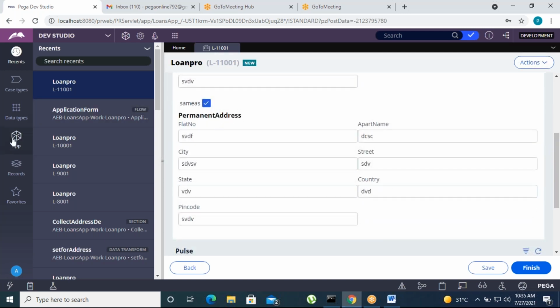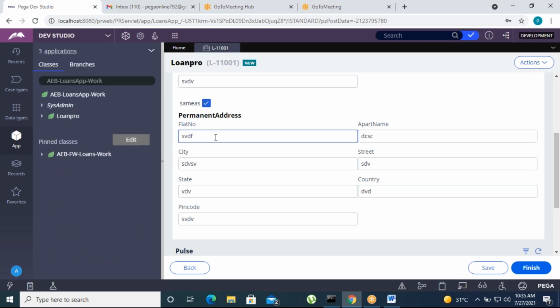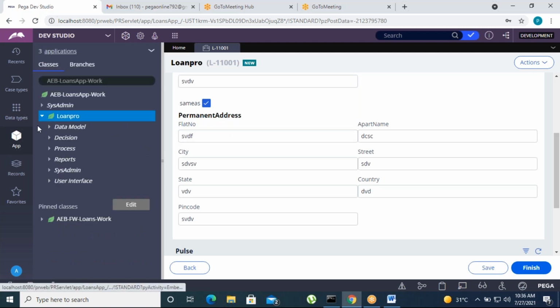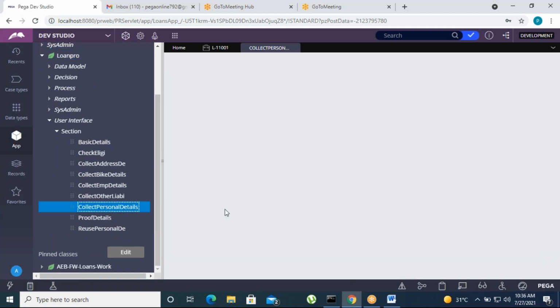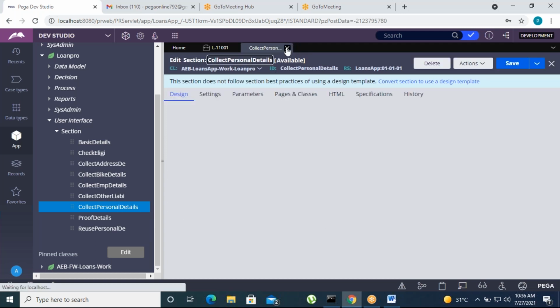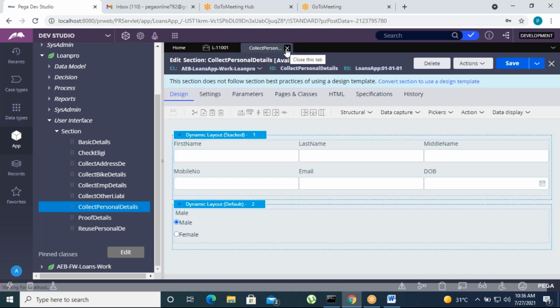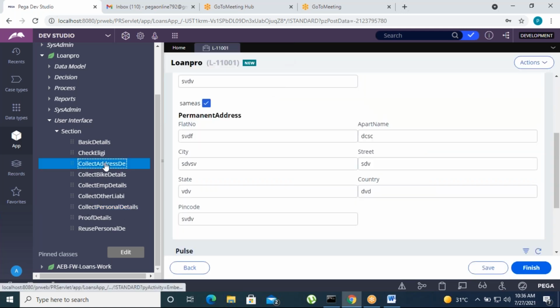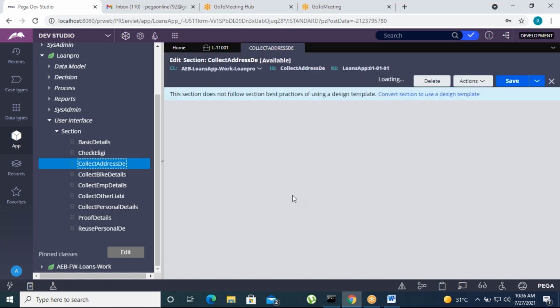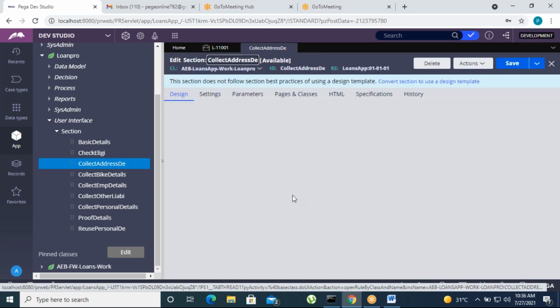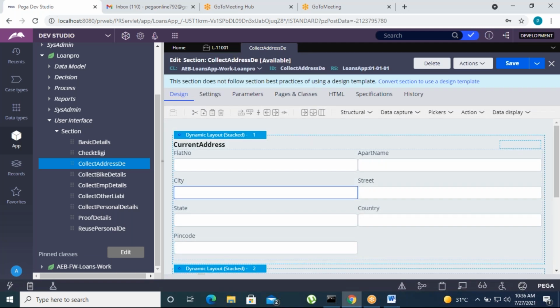So how do we implement this logic between these two layouts, which refer to the page list? Just open the section, the collect address details.